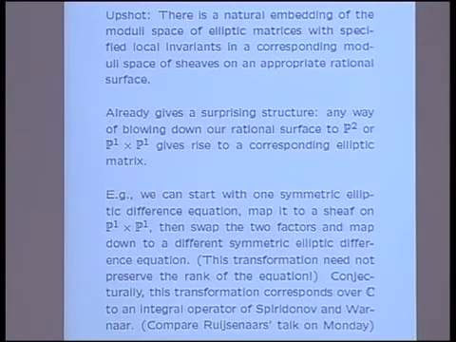So the upshot is that given your local conditions, there's a natural way, there's an associated blowup of P2 or P1 cross P1, depending on which of these types of matrices you're looking at. There's a natural blowup of your starting rational surface and a Chern class on that surface such that the elliptic matrices with the specified local invariance up to changes of basis are naturally identified with sheaves on that blown up rational surface with this specified Chern class.